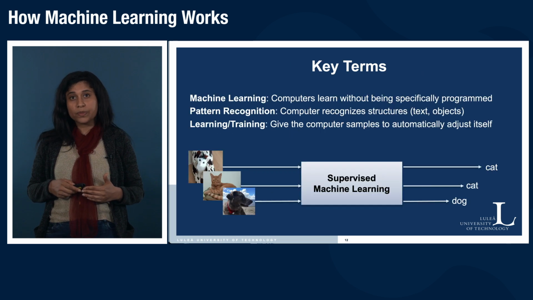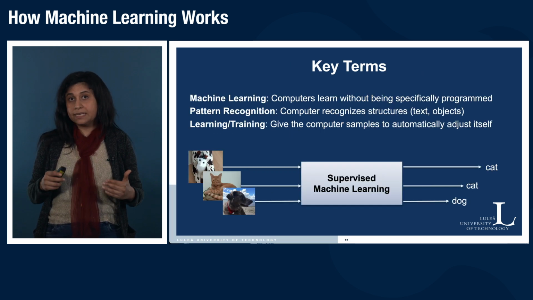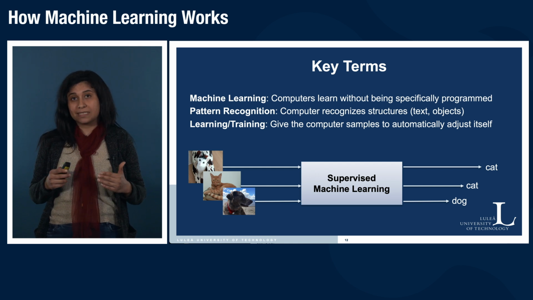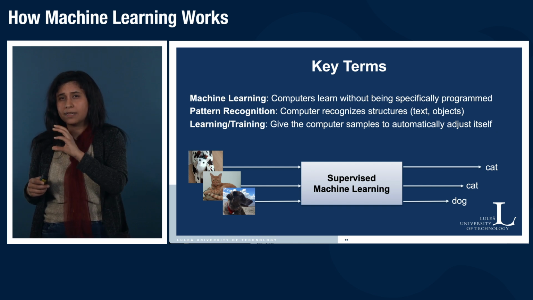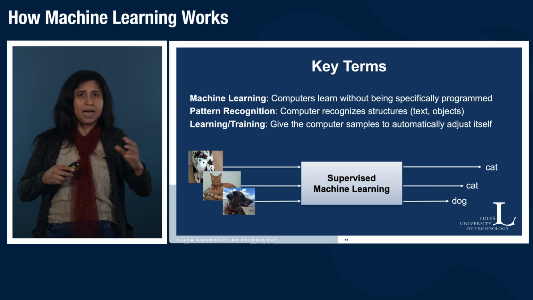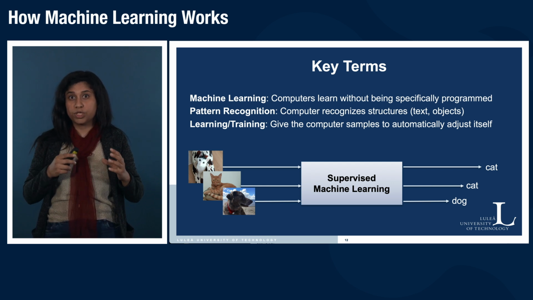Now there are some important key terms in machine learning you have to know, for example, machine learning, pattern recognition, and learning. You must know these terms when dealing with machine learning. Machine learning is when a computer learns without being specifically programmed. Pattern recognition is when the computer recognizes patterns, objects, or text. This is maybe a cup, or maybe this is a table. This is object